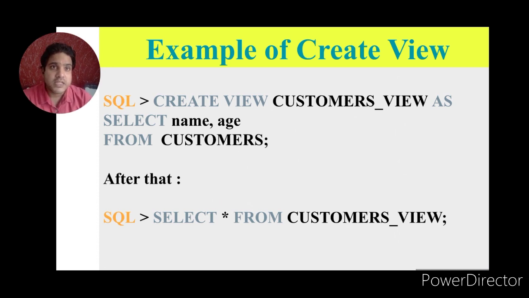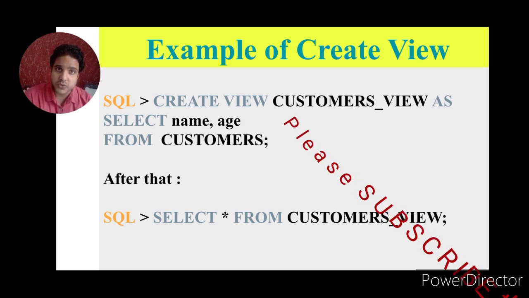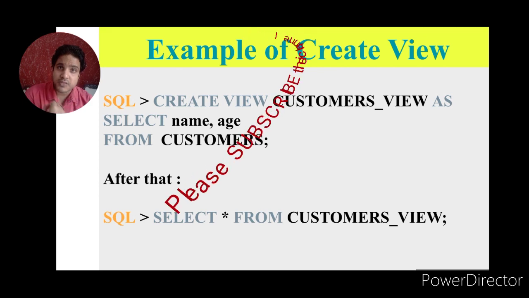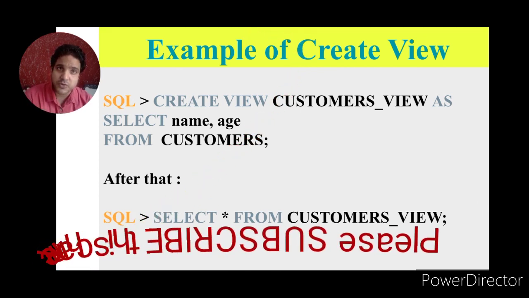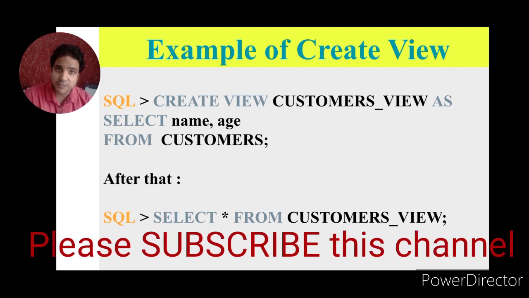This is the example: create view customer_view, this is the view name, as select name and age. This means the 2 attributes from the customer table may be shown from the user's perspective, name and age. After that, the output will be shown like a simple table command: select asterisk from customer_view. It means the customer view has 2 attributes only, name and age. If the user wants to access the output, whatever he wants to see, whatever operations he can perform,